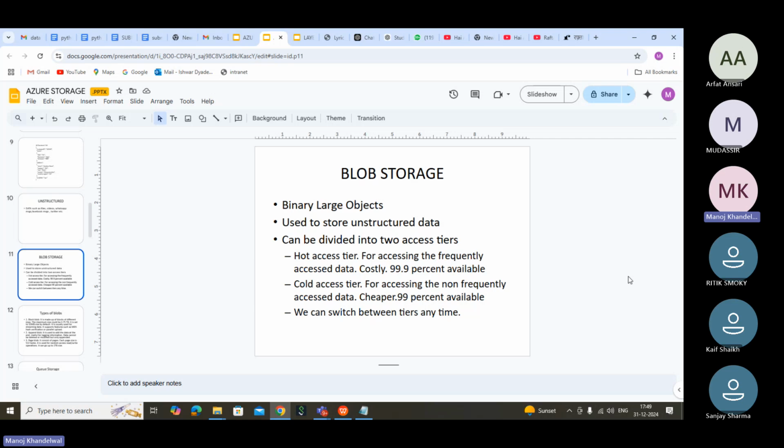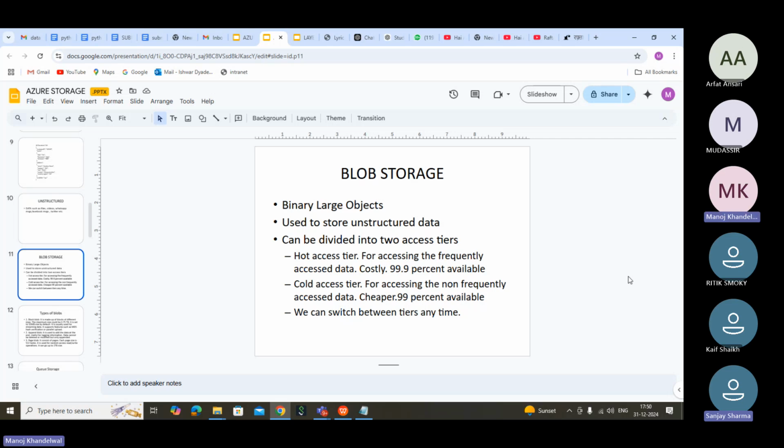It has a way to procure the storage. We can procure blob storage from the dashboard, the portal. And you can give security and access control so that people can access it.